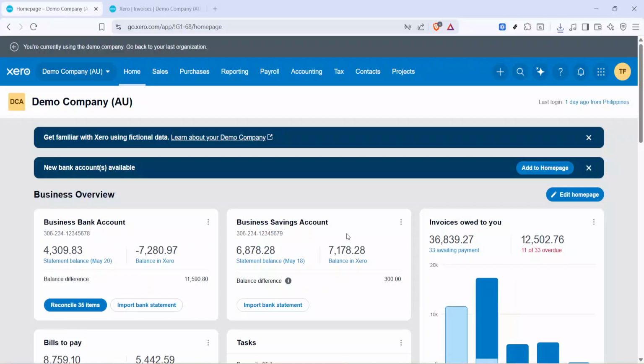In today's video, I'm going to teach you how to resend a Xero invoice. If a customer missed your original email or you just want to give them a gentle reminder, you can resend an invoice in a few quick clicks. I'll walk you through the exact path in Xero and share a few practical tips so your message lands clearly